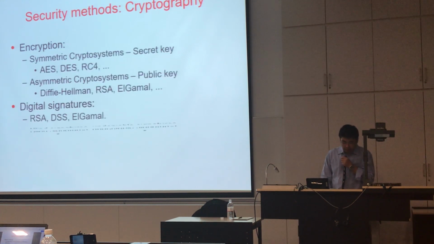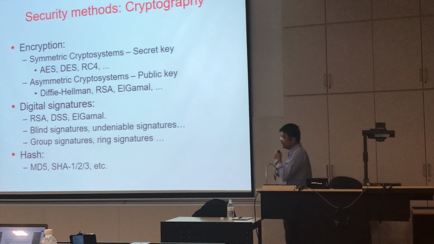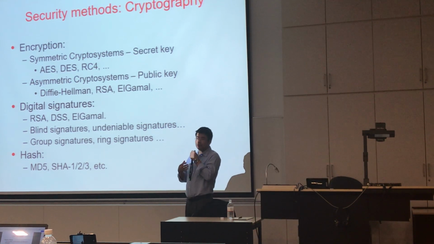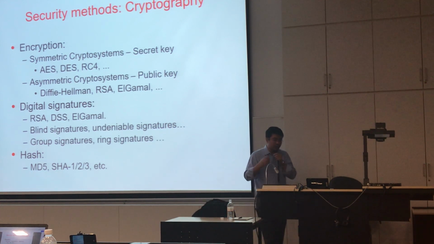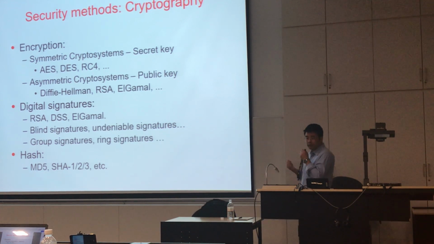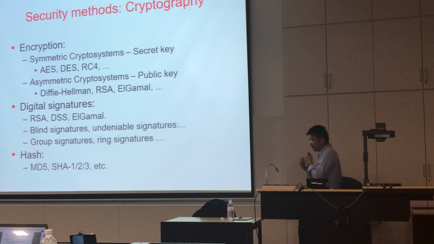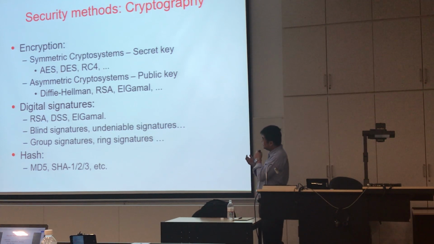Right, so what are the methods to achieve network security? In this subject, we will mainly focus on the cryptographic method. We apply some cryptographic tools in the protocols to prevent the attackers. The tools we will use basically include encryption. Encryption is to encrypt the data so that you cannot see the content of the data. So this is a basic tool for security.